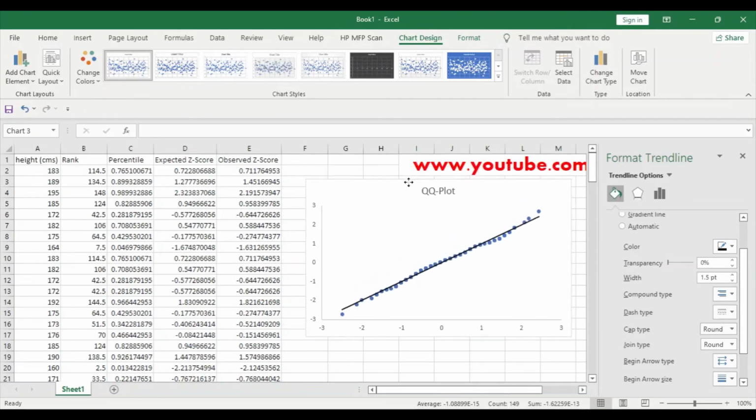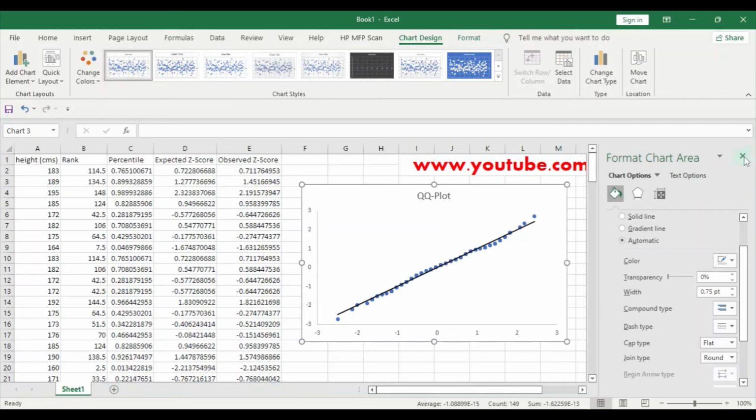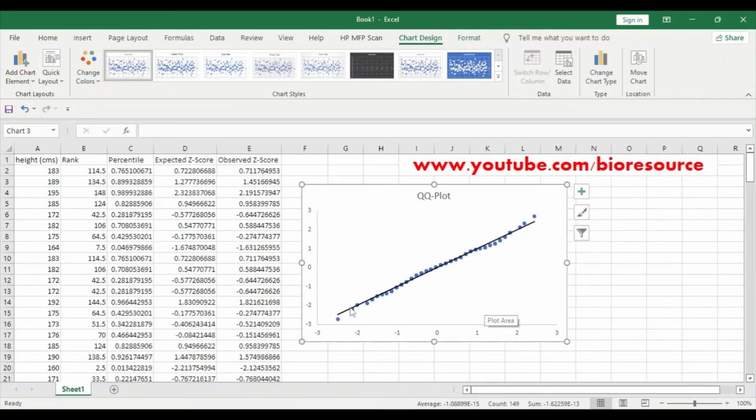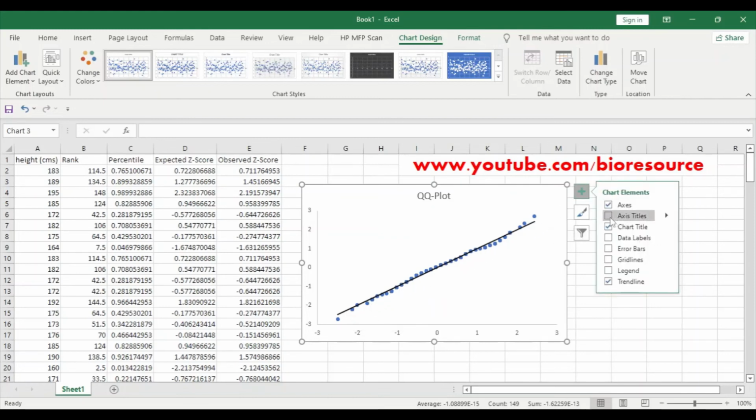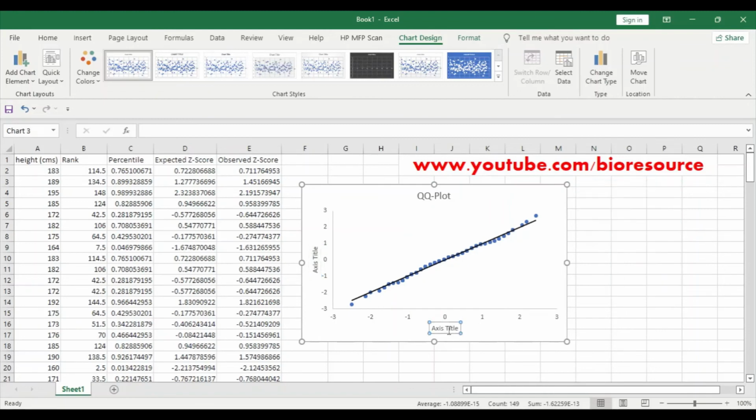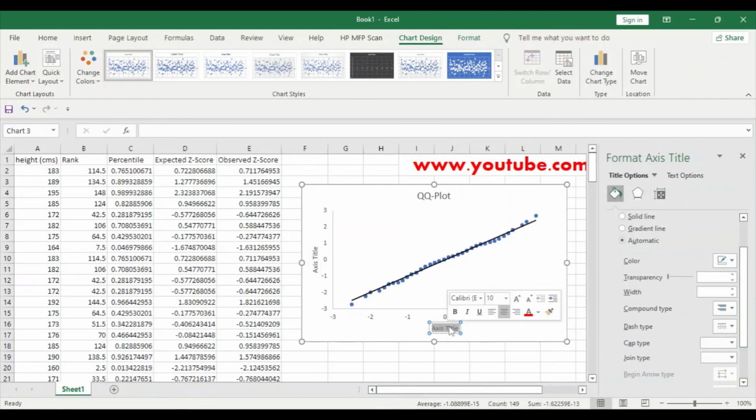So this means that the sample data is following a normal distribution. The majority of the samples are falling within the straight line. So we can put the axis titles here: this is the observed z score, and here it is the expected z score.